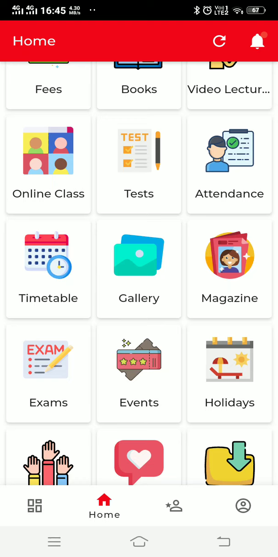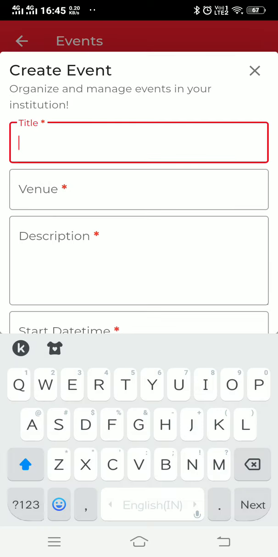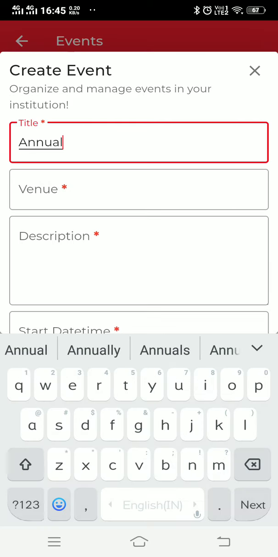Intract app comes up with a feature named events where you can create the different events you have scheduled for the students in your institution. For that, click on the event feature on Intract app and then click on the add sign at the bottom right corner. Then give it a title,